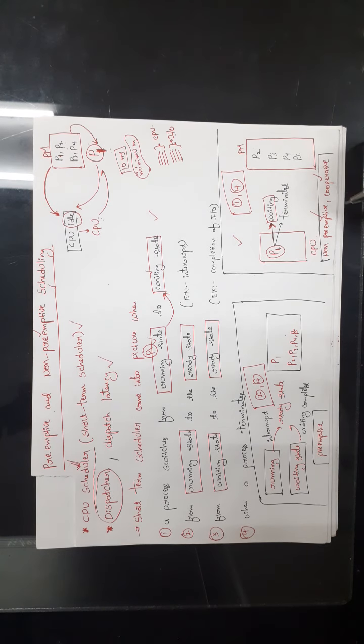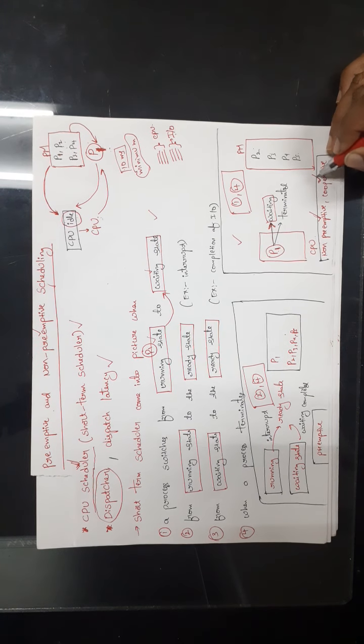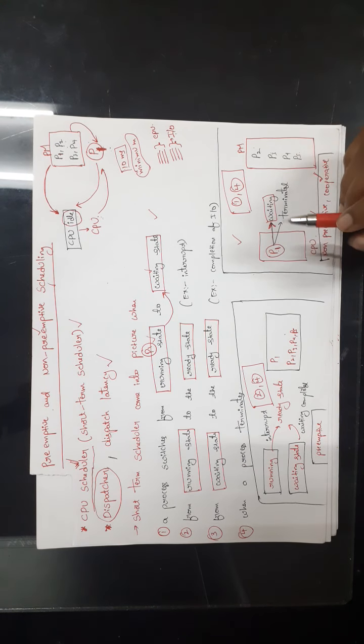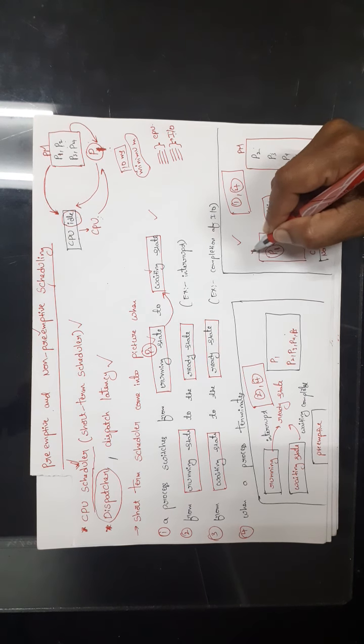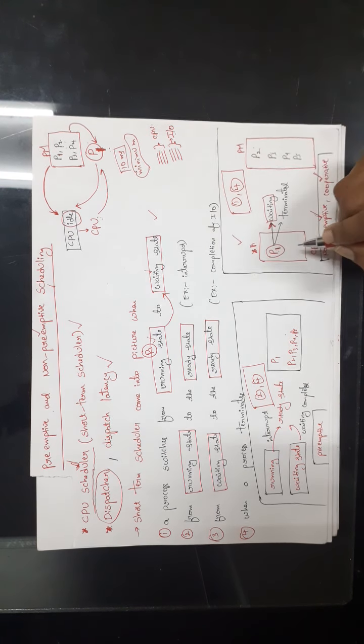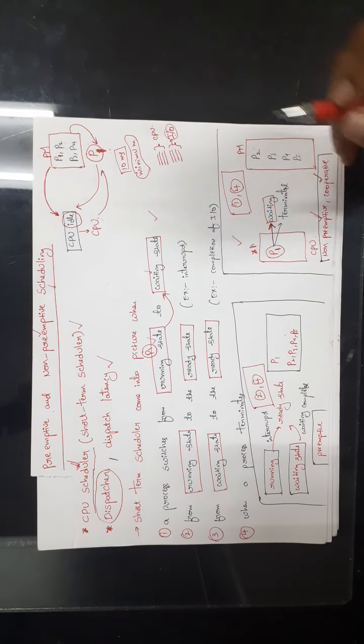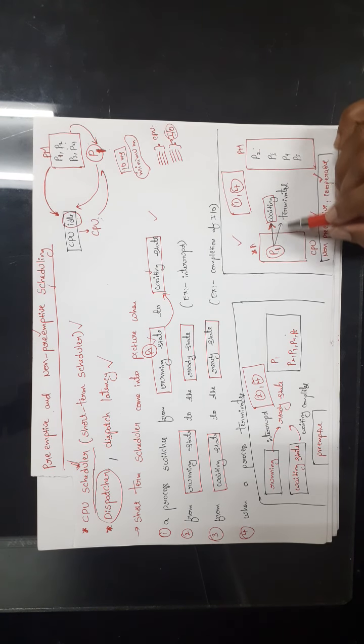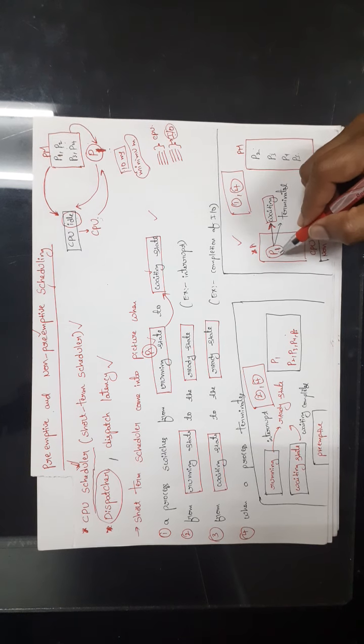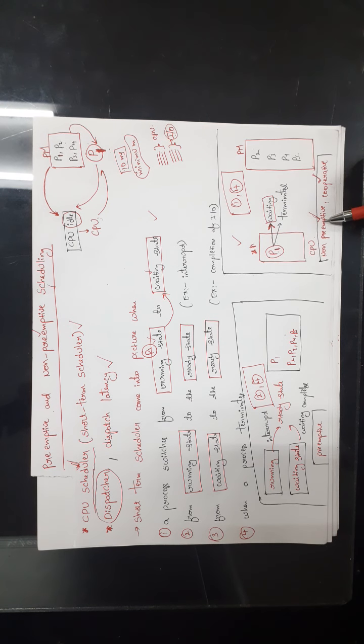Okay, so this is called non-preemptive or cooperative. Here if you observe, you need to remember one point. Process P1 does not require CPU because it is waiting for input-output operation. So that's the reason we are taking CPU from it. Okay, we are not forcing it. So it is called non-preemptive or cooperative scheduling.